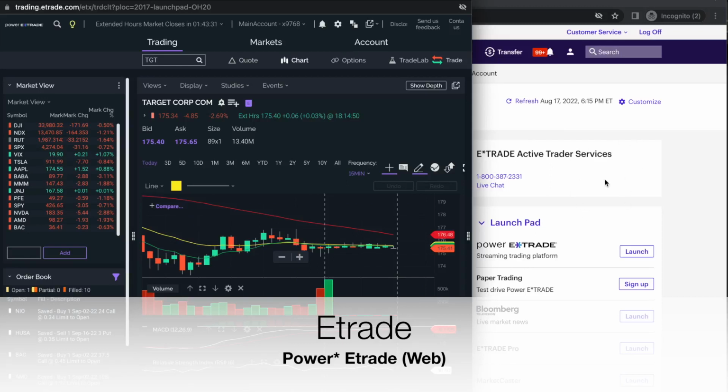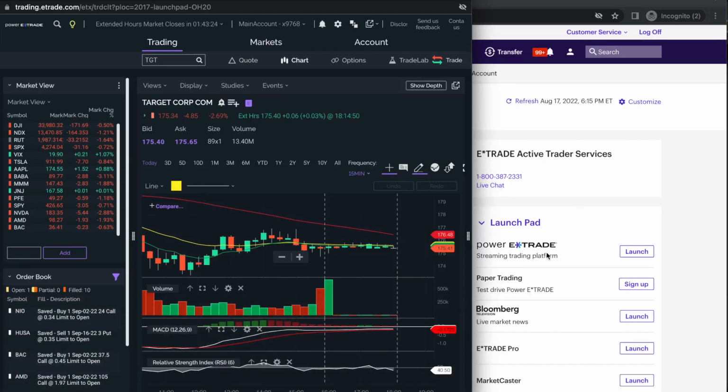Here is the Etrade experience. They have a platform on the web, which is this one back here, and you can launch the Power Etrade, which is also web. It's not Java based. They do have a Java based one, which is the Etrade Pro. I do not recommend it. It is probably just as buggy as the International Brokers platform,